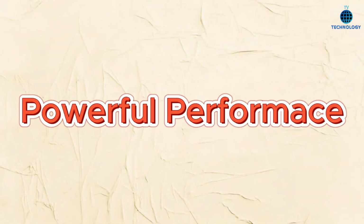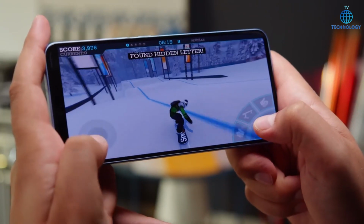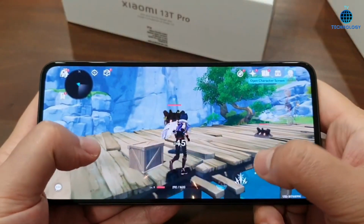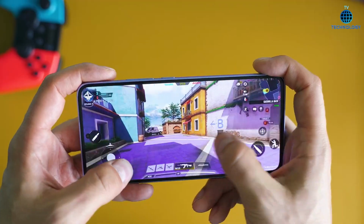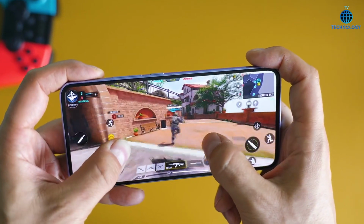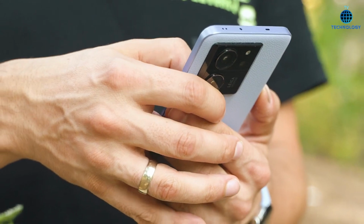Powerful performance. The device houses an octa-core CPU, boasting 1x3.35 GHz Cortex-X3, 3x3.0 GHz Cortex-A715, and 4x2.0 GHz Cortex-A510, paired with the Immortalis-G715 MC11 GPU. Users can choose from 12GB or 16GB RAM, with internal storage options of 256GB, 512GB, or 1TB, catering to diverse